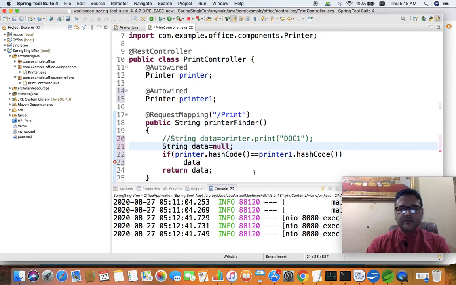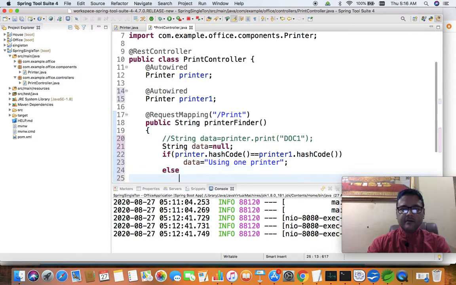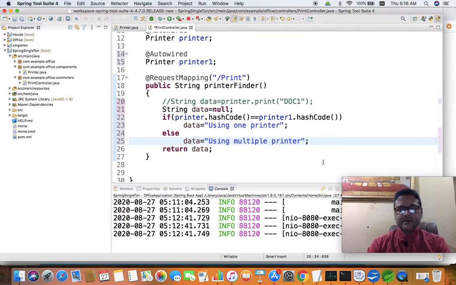Now this data is going to contain some text, using one printer, or else if this condition is not satisfied, the data variable will have something else, using multiple printers. So let us see what happens.